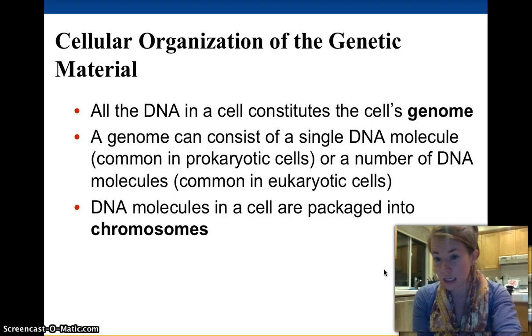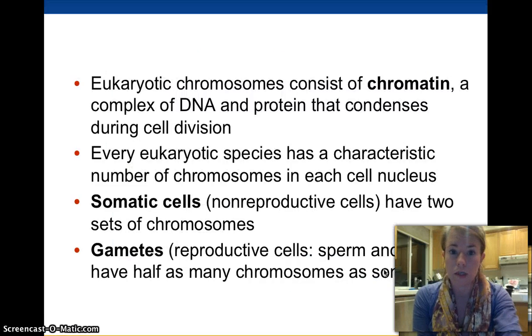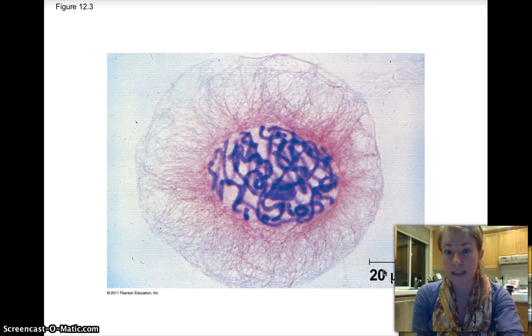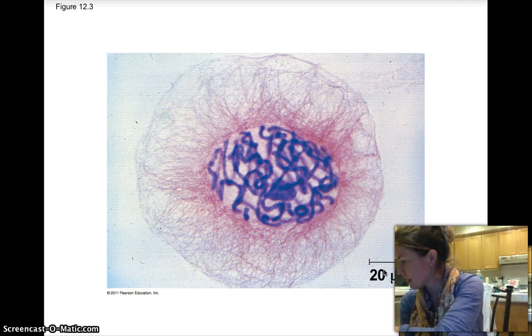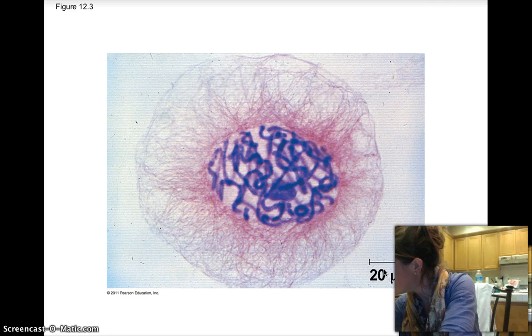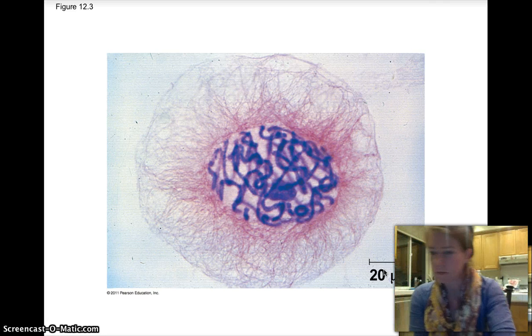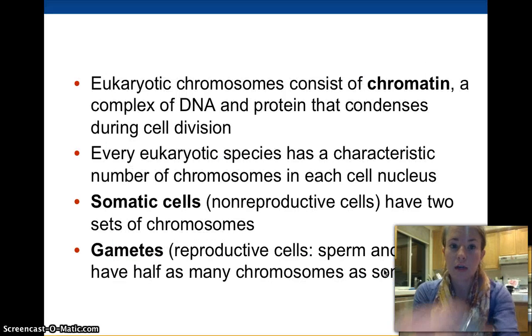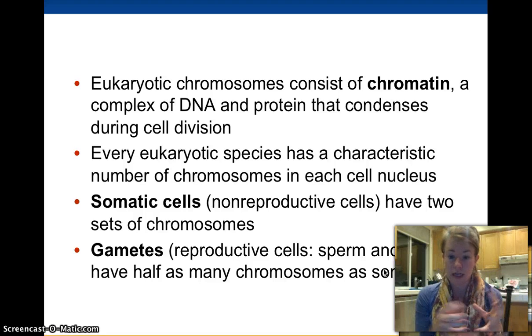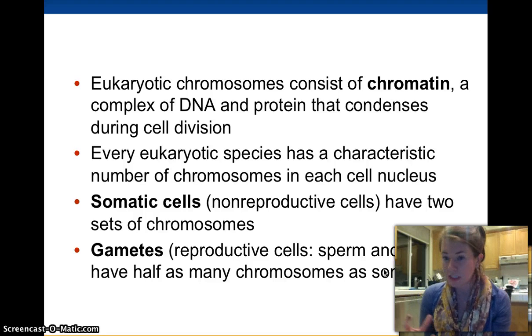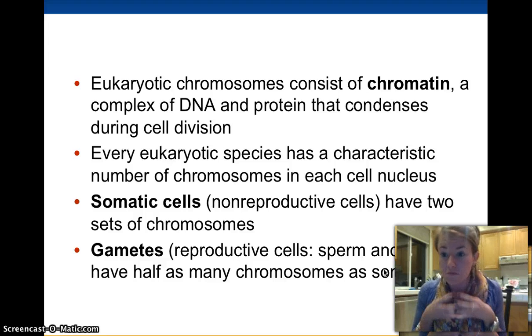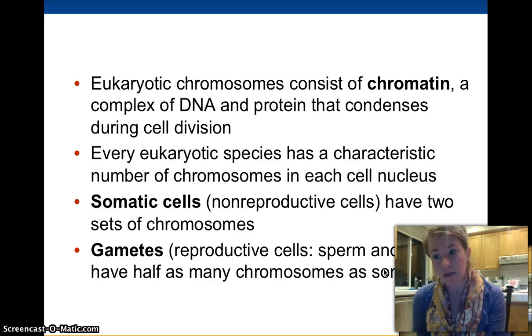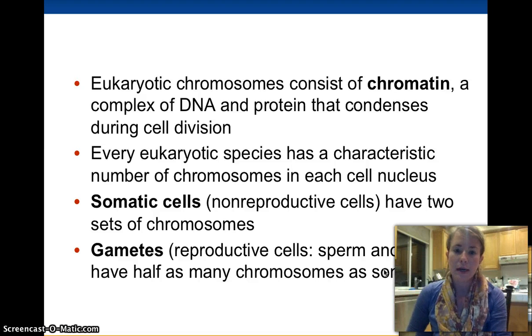And inside a cell, our DNA is packaged into what we call chromosomes. So that is DNA inside of a cell. That is a eukaryotic cell. You can see the chromosomes, so that means that we know it's preparing to divide. When we're not dividing, our DNA is stored in what's called chromatin. And chromatin looks like a cup of noodles. Each noodle is a long DNA strand, and they're all just there. And that's what it's like during most of the cell cycle, when your cell is just going along doing its job.